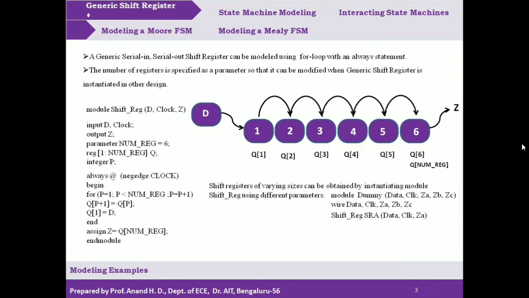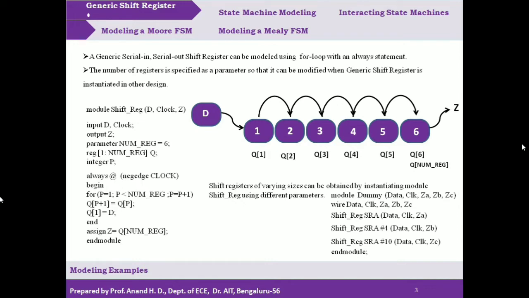Okay, and next we shall consider one more instantiation. So here it is having #4, which indicates that we are instantiating a generic shift register of size 4. So the parameter numReg is going to take a value equal to 4. So there is one more instantiation with #10. So this indicates that the parameter numReg is going to take the value of 10. So it will be a 10-bit shift register, end module. Okay, so this is about generic shift register. Hope you have understood this concept, right?